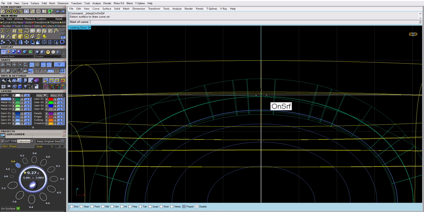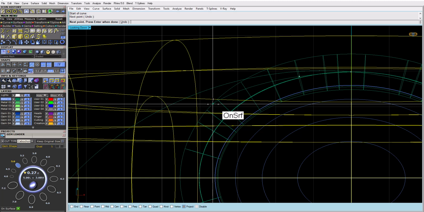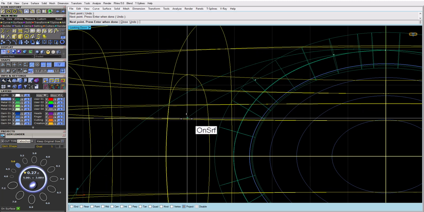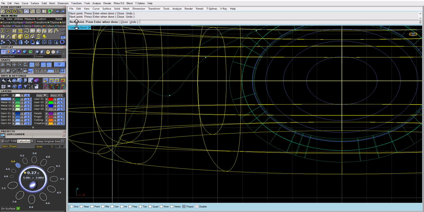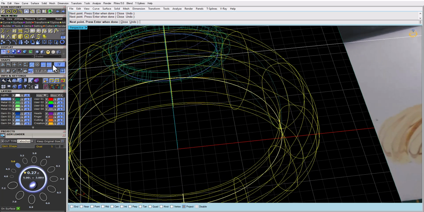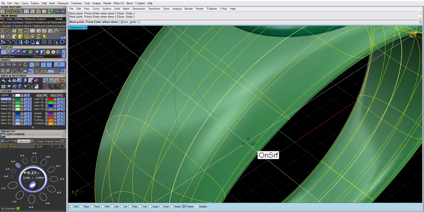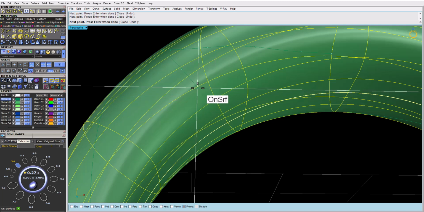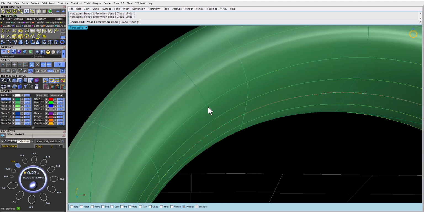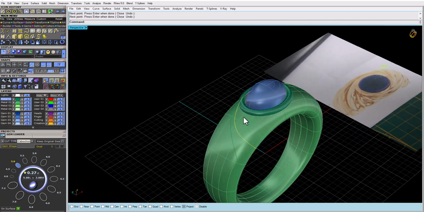So for now I don't need anything, just need to draw the curve on the surface itself. So I'll make sure I follow the flow, and here just bring it down. Okay, so that's your first curve,